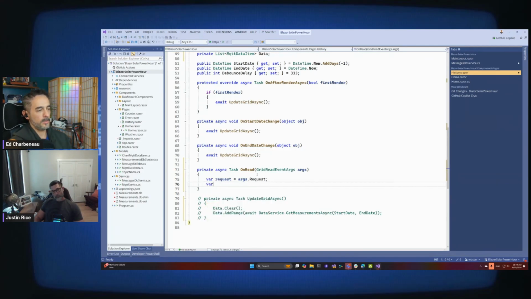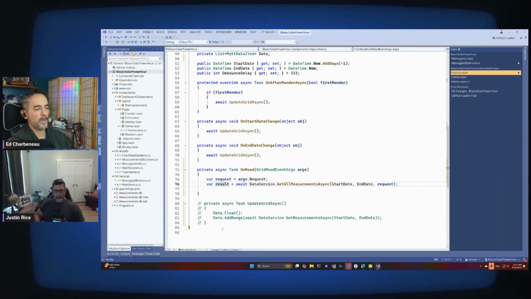So we'll do our result equals await data service GetAsync, start date, end date, comma, and then we've got an overload for request. So now we're passing three objects over, well, two dates and an object that has a lot more data in it. And then we're going to get a result back, but that result is,